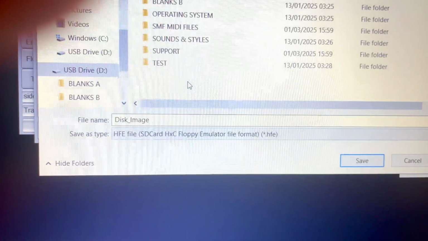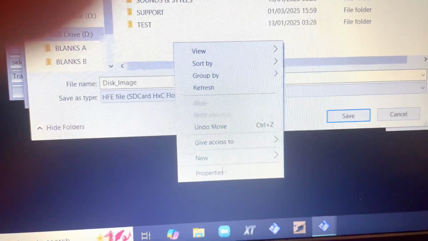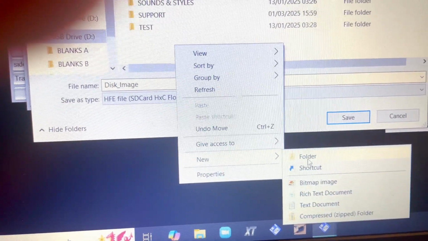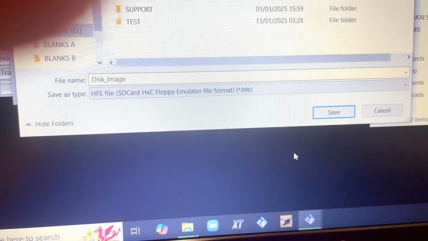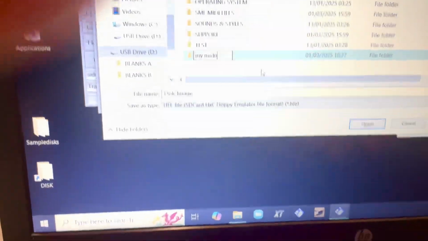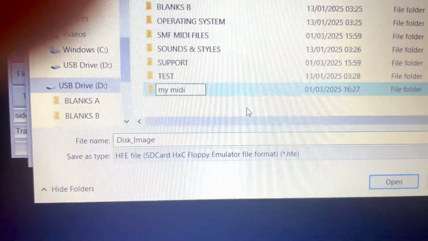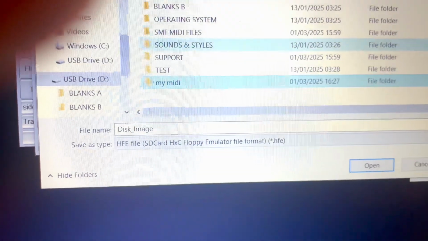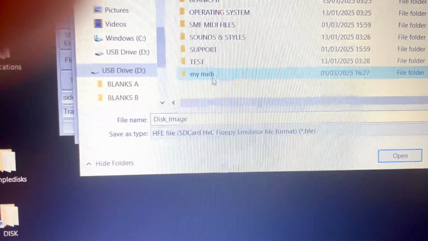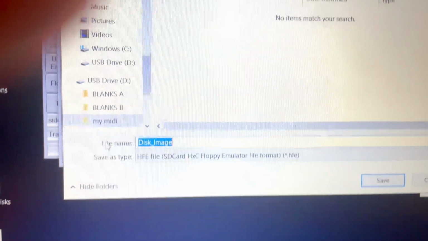So if you right click there, it brings up the window, do new folder, and you can call it My MIDI. There you go. You can use capitals, you can call it anything you want really. So there we go, you go into that folder then,